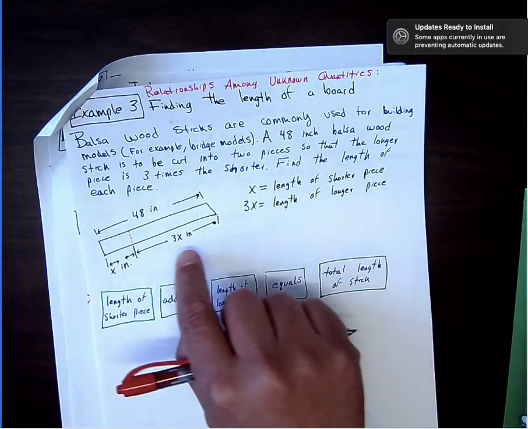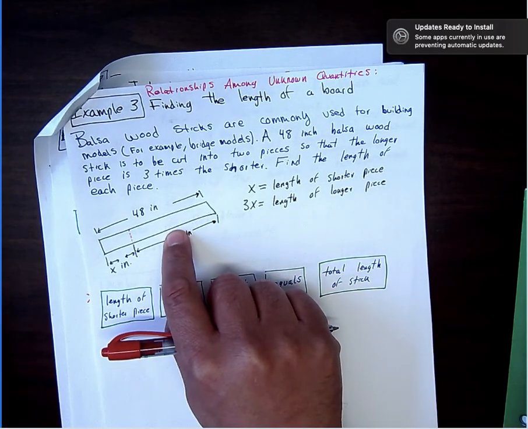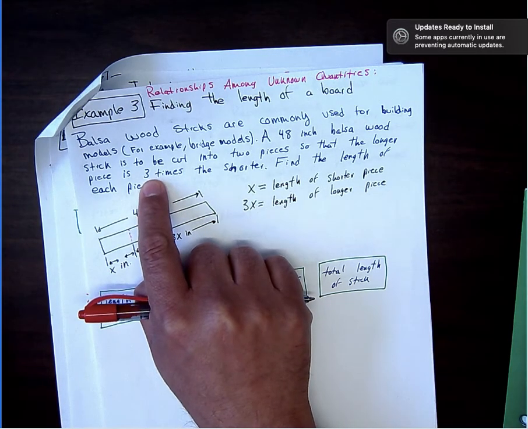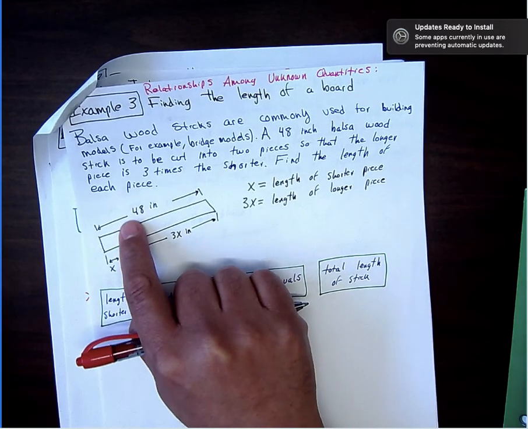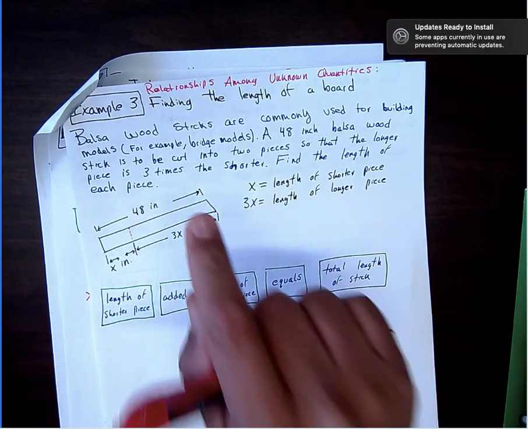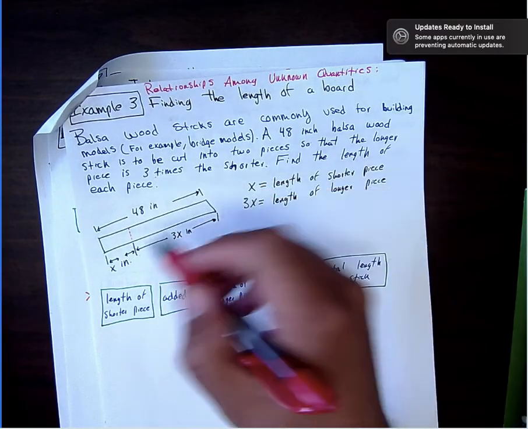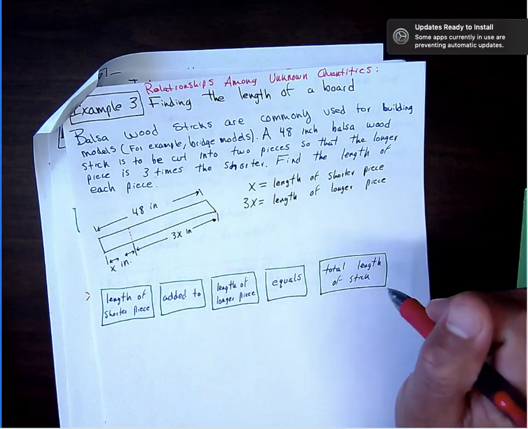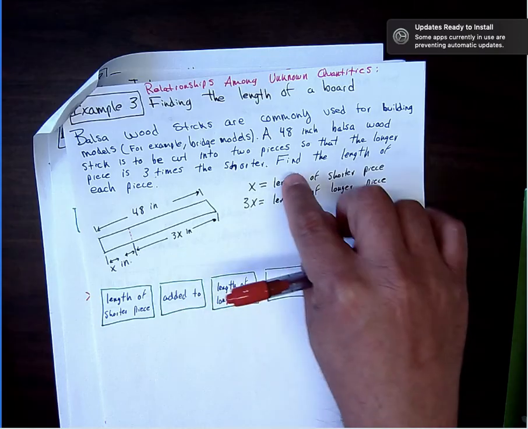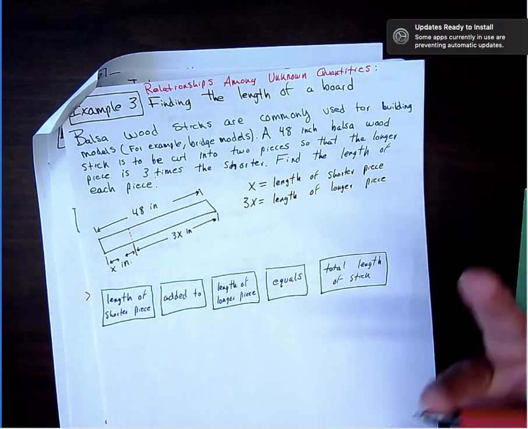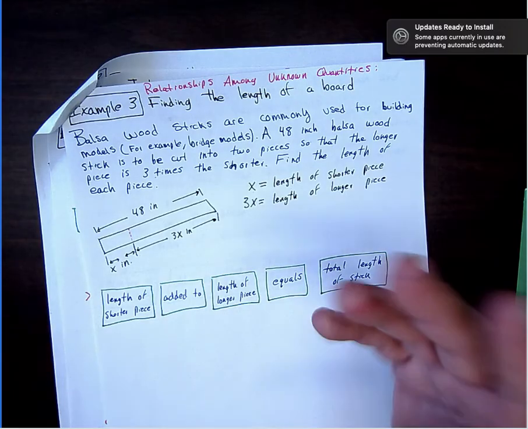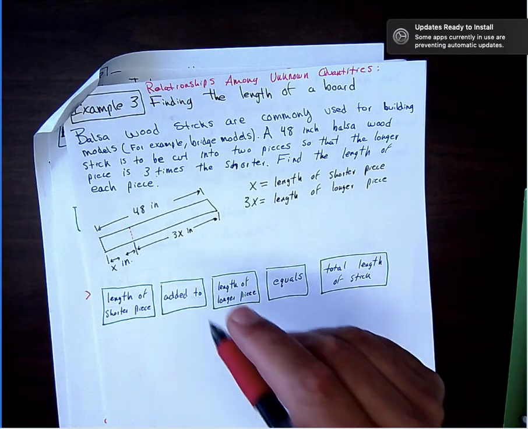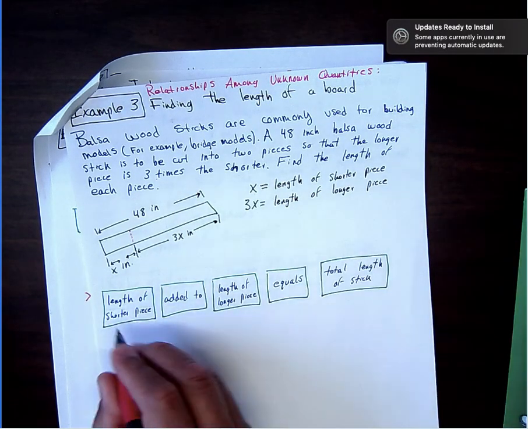Because if you do it the other way, if you make this the x, let's say this is the x, the longer, but it's telling you it's 3 times the shorter, you can't make the longer just the x, because it's already telling you that it's 3 times this one. So forcefully you need to make the shorter piece the x, and the longer piece would just be 3 times the shorter piece, which is the x. So 3 times the x will give you the length of this, and just the x by itself is the length of that thing. So length of the shorter piece would be x,